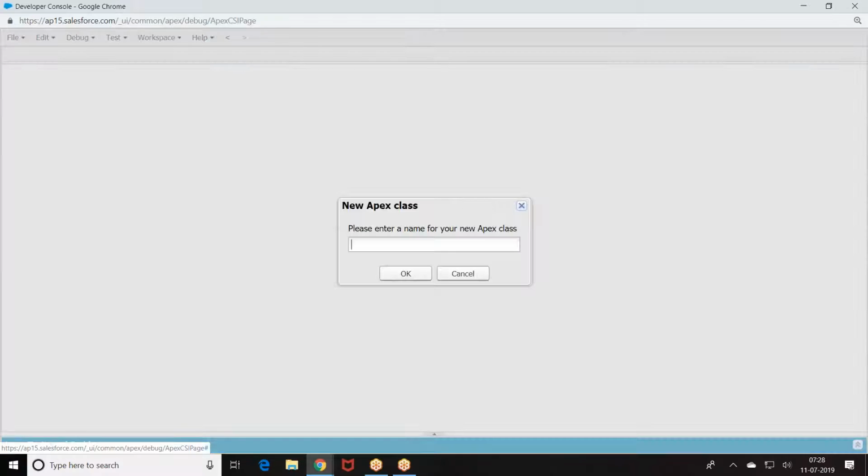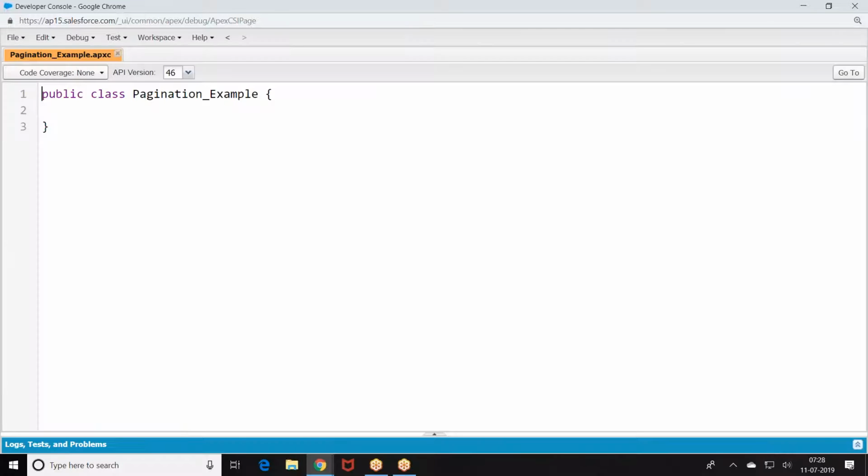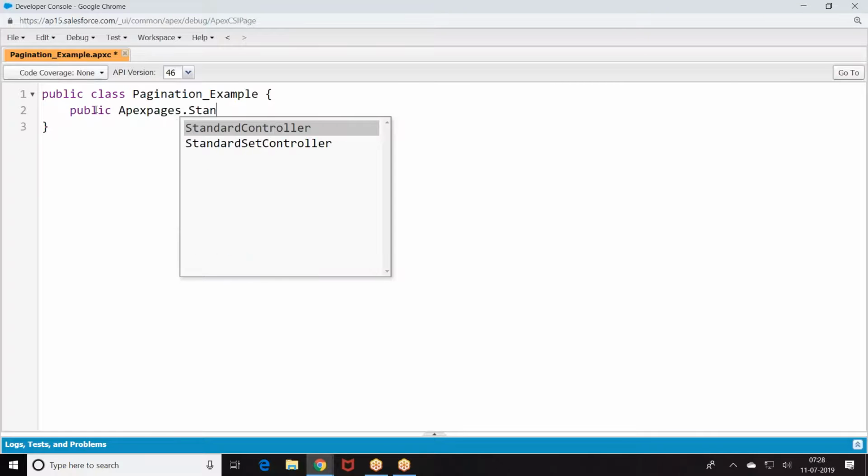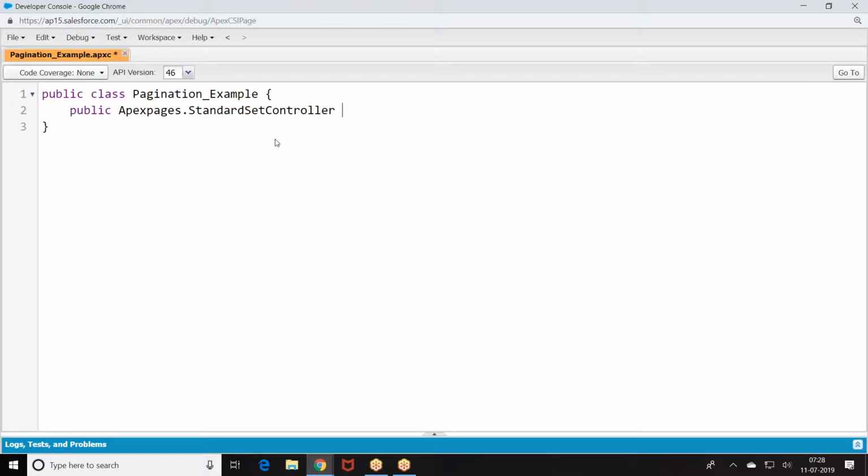I'm going with the concept here, pagination. First I have apex page dot standard set controller. Standard set controller is going to refer to group of records.